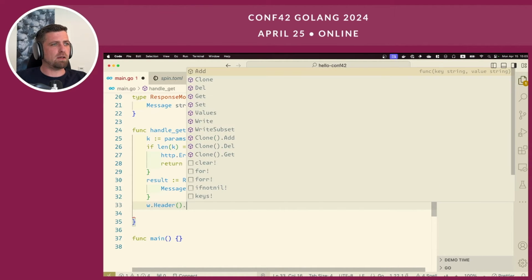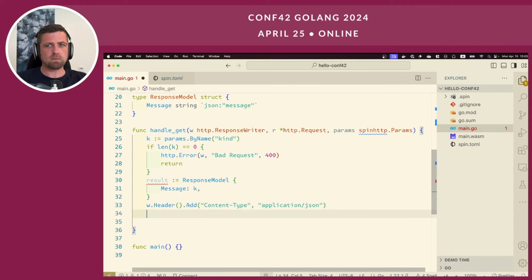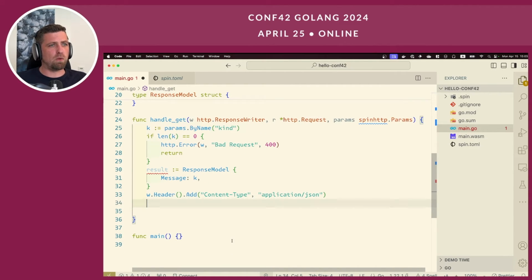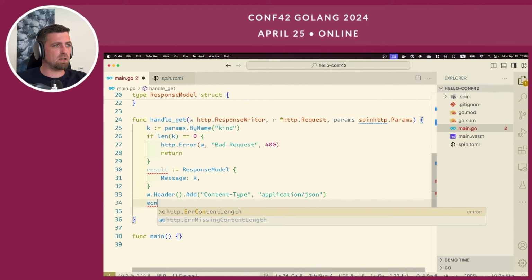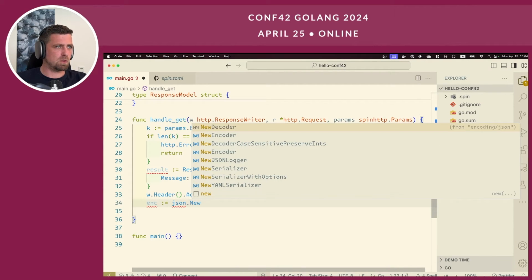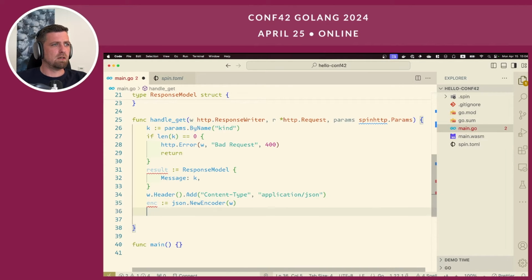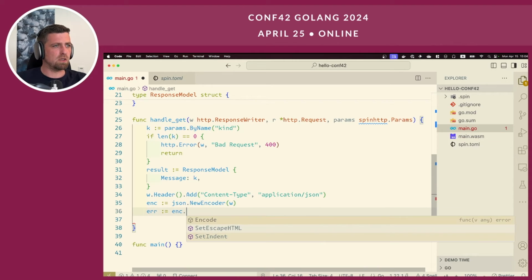We can add a simple header called Content-Type, set that one to application/json, and now we have to take care of encoding the body, right? So we can create an encoder using json.NewEncoder, forward the io.Writer over here, and finally say, hey, please go encode